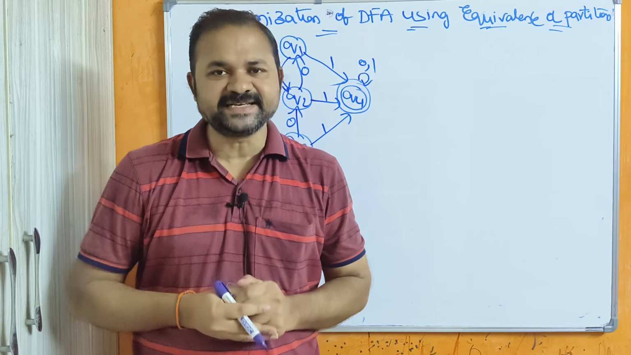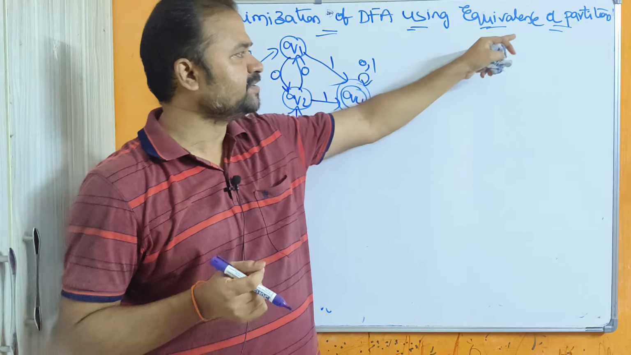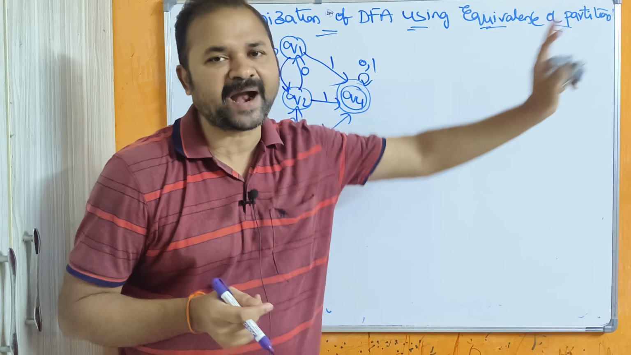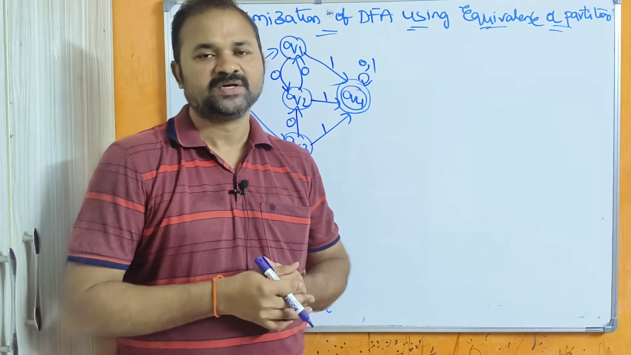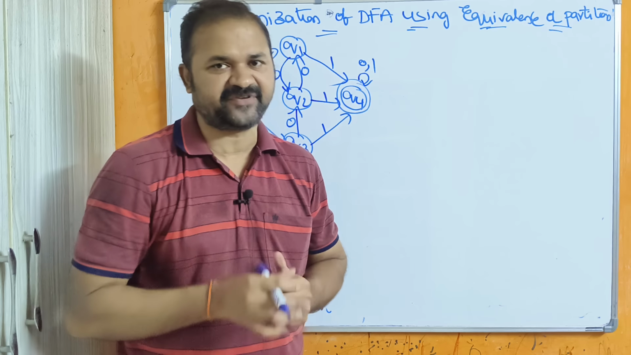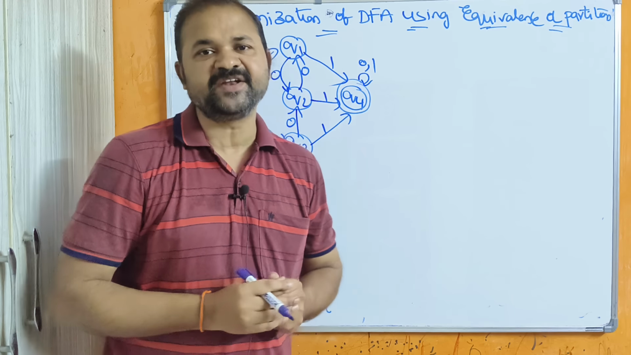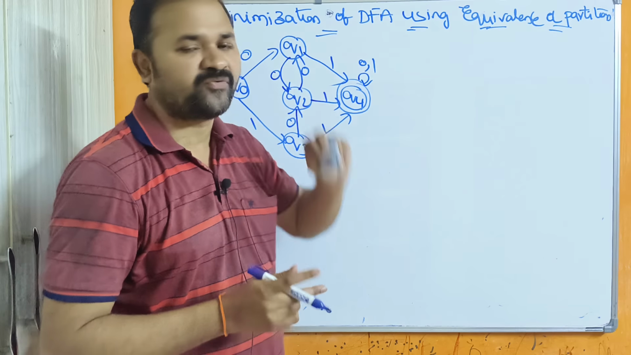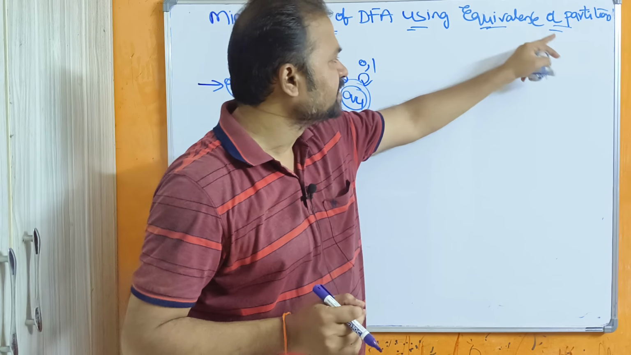Now let us discuss minimization of DFA using the equivalence or partition method. So here a DFA is given. Now we need to minimize this DFA. In the examination, if the question is given on minimization of DFA, then by default we have to use the equivalence